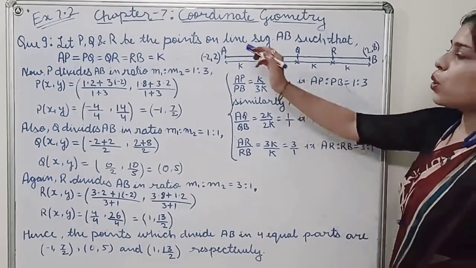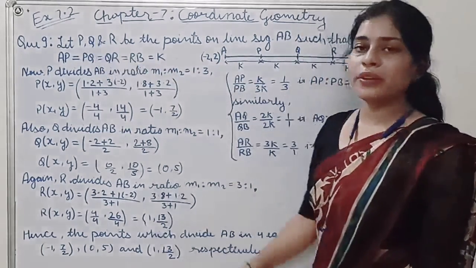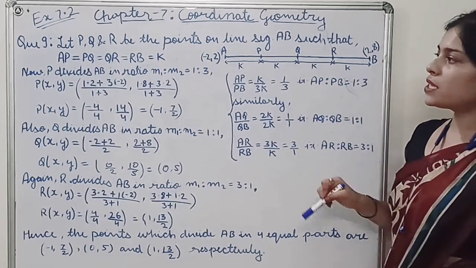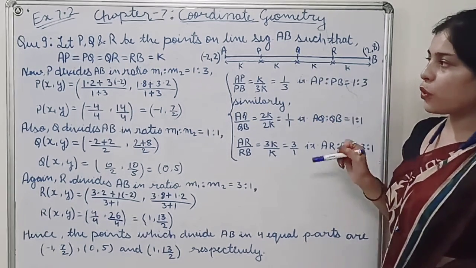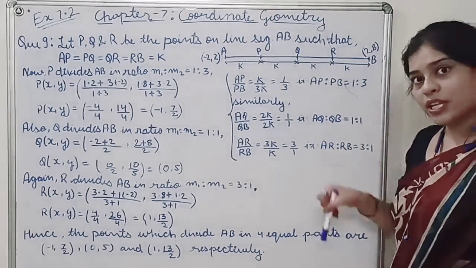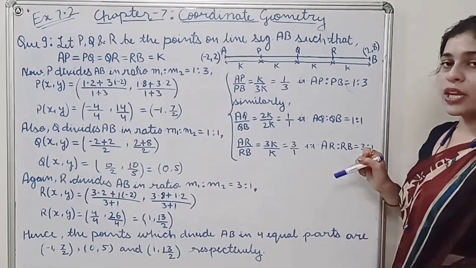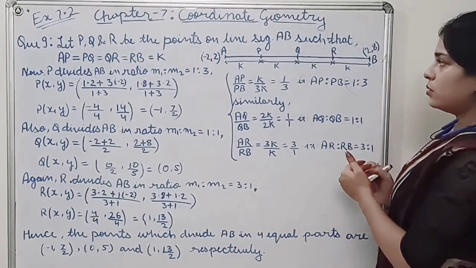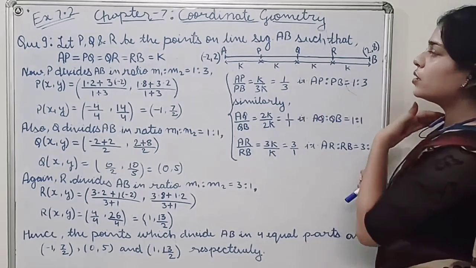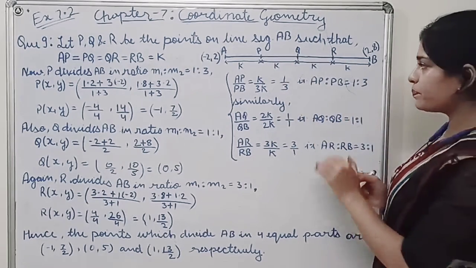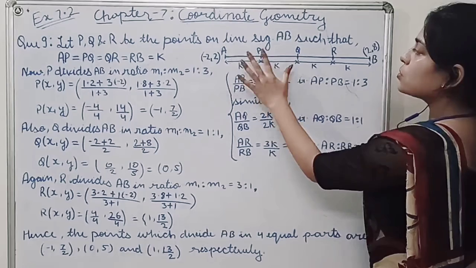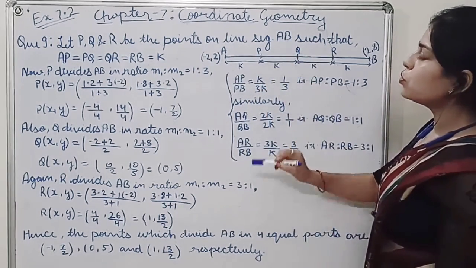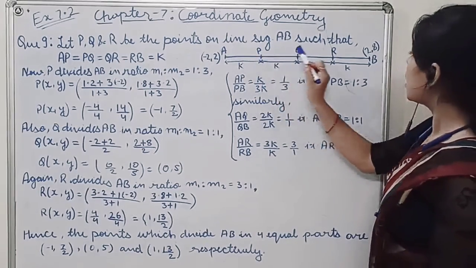And we have to find the coordinates of the points of division. Okay, as P, Q, R are dividing the line segment in 4 equal parts, we have to find the coordinates of division, but we don't have the ratio of division. So using this equality only, we will first of all find the ratio of the division of these 3 points. Okay, see, in order to find the coordinates of P, we need to find the ratio of AP and PB.